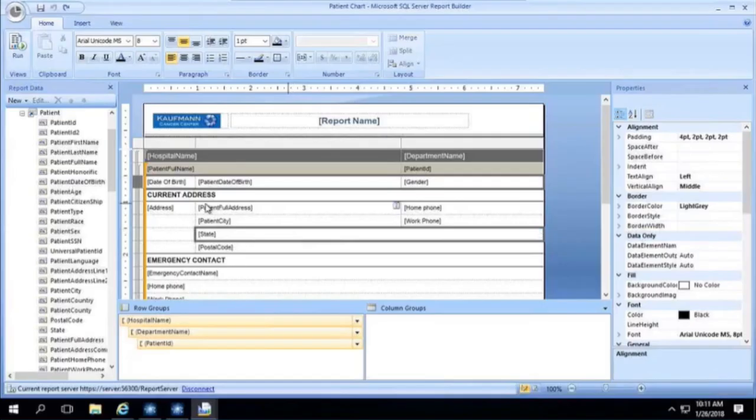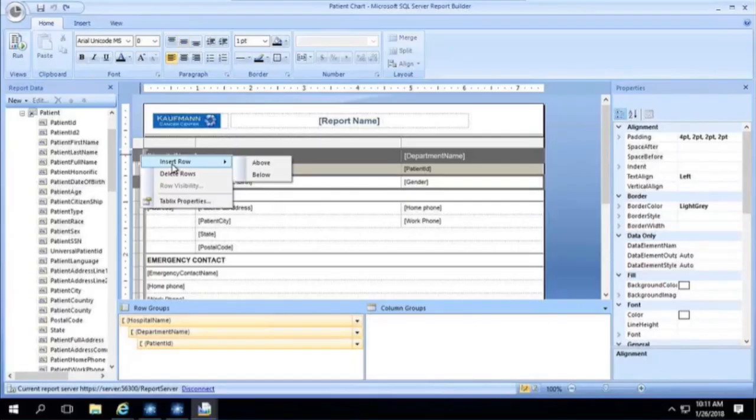Now what you may see in some of these rows, when I go to insert a new one, when it says insert row and you click on above or below, it's going to want to know if you want it to be, if you ever see the verbiage inside or outside of the current group. All that means is, do I want this row that's going to contain new information to be inside the current group or outside of it? And the reason I'd want that to happen, inside the table, is for me to be able to